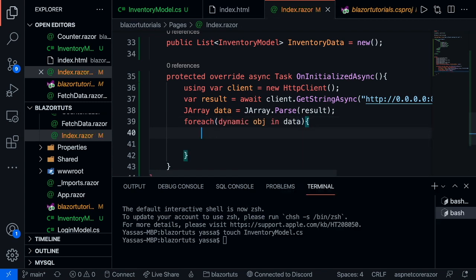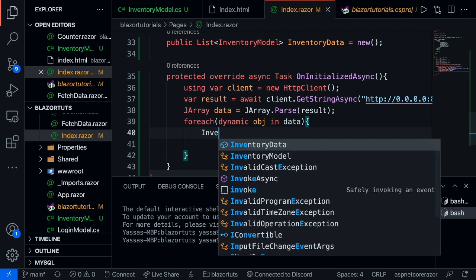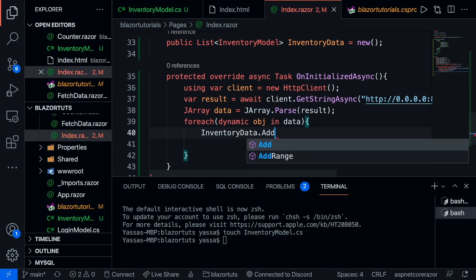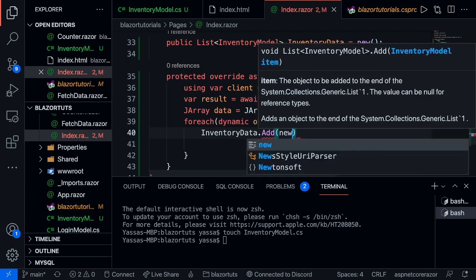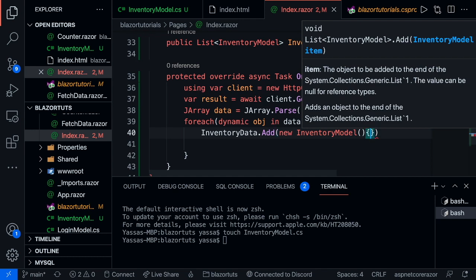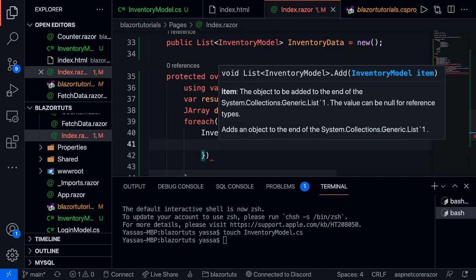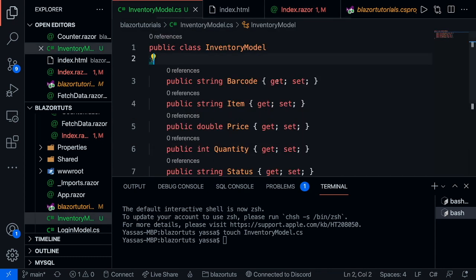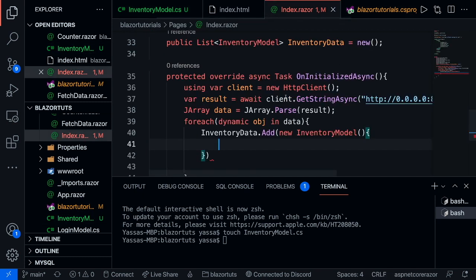And the next thing we're going to do is go into inventory data, and I'm going to add a new inventory model. Okay, and what we're going to do over here is take these values. So we have barcode, item, price, quantity, and status, and we're going to set those values equal to the JSON equivalents. So for example, barcode will be equal to